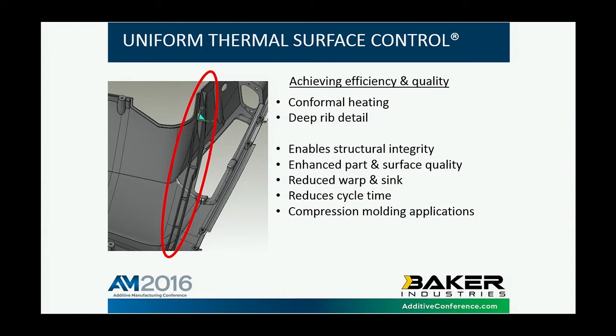So when molding that traditionally, you've got a long cycle time, you pull that out, you still have some rib detail that's not completely cured as it should be. So by putting the heating in there, we're also getting a better structural part. It's maintaining that the part gets the even heating and keeps that part a lot stronger in the areas that it needs to be. And again, enhances the part in the surface quality. Surface quality is a big case where it transfers heat from the backside to the core side or cavity side, and it gives you a lot better looking part, reduces the warp and sink again, reduces cycle time,